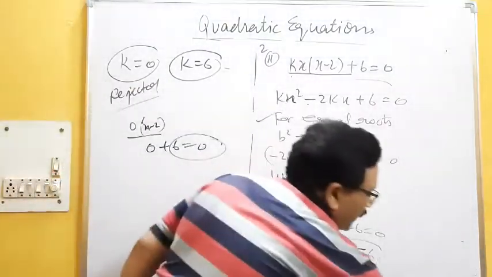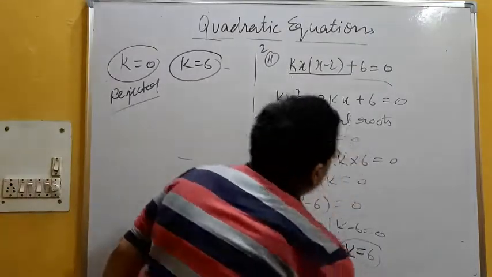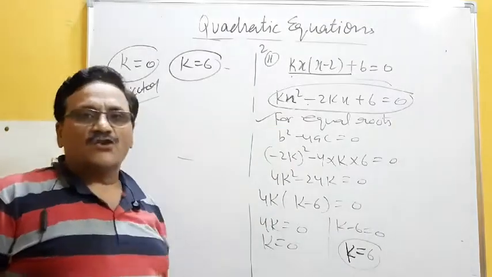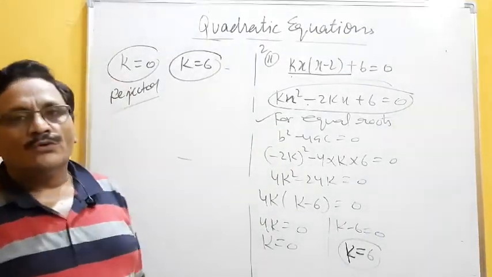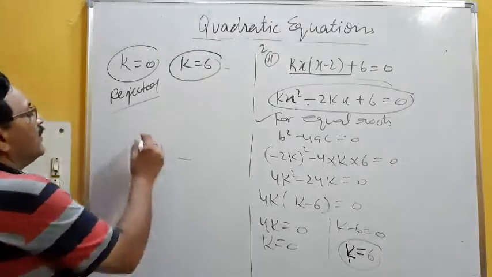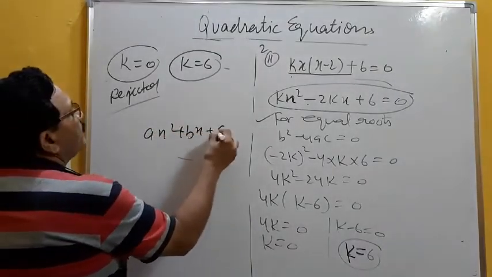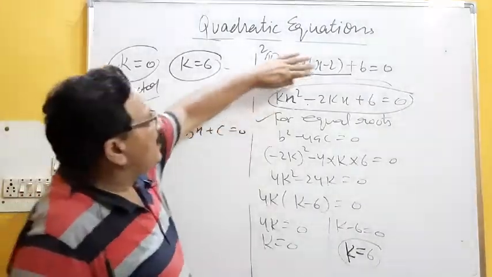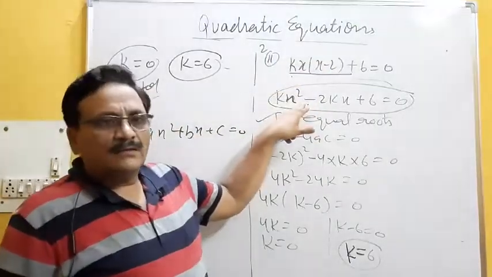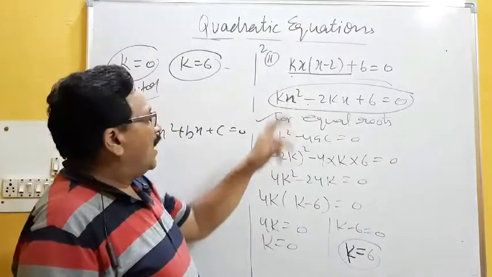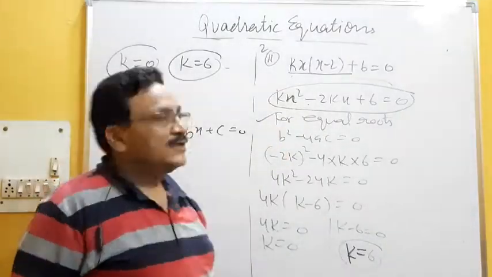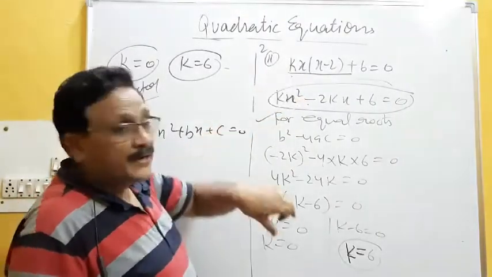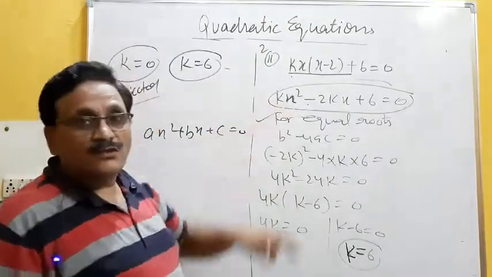Now you say, sir, we are solving this equation here because we found the first quadratic equation, then we are solving. Then it can be no. Why? What is the condition for a quadratic equation? ax square plus bx plus c is equal to 0. Suppose this part is not given, only this question is given to you in the exam. We are starting from that, and for what value of k they have equal roots. Now you solve, two answers are coming, k is equal to 0, k is equal to 6. So for that, k equal to 0 is not applicable.